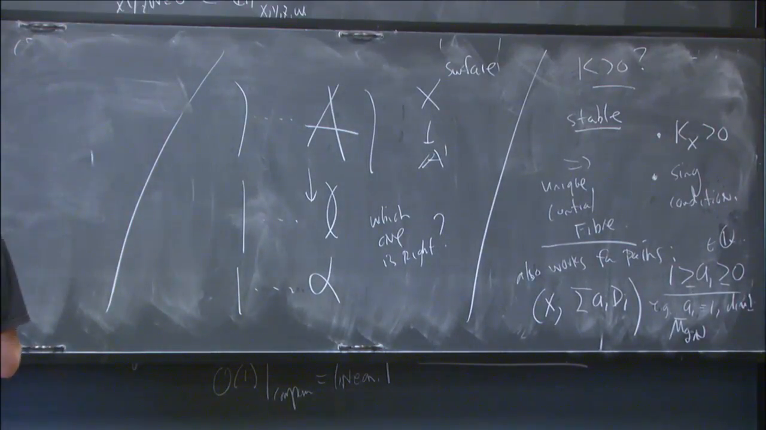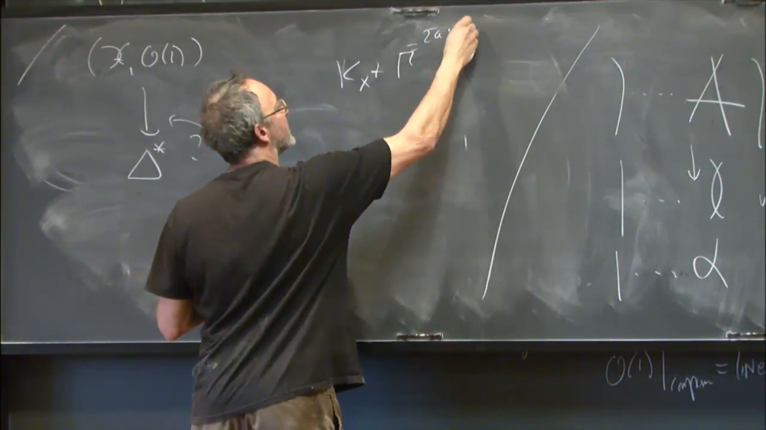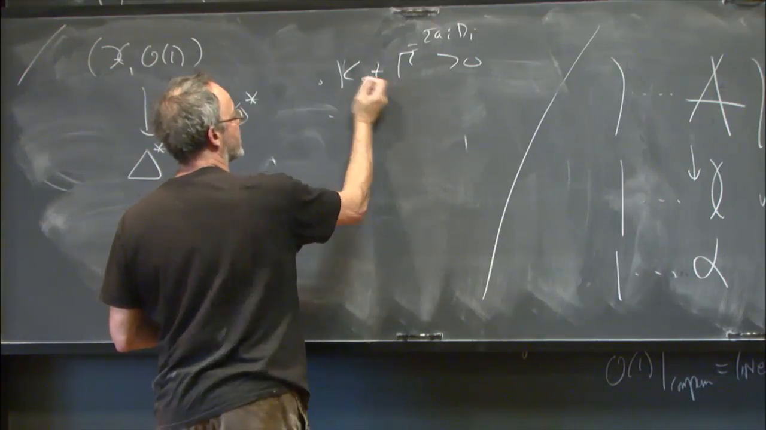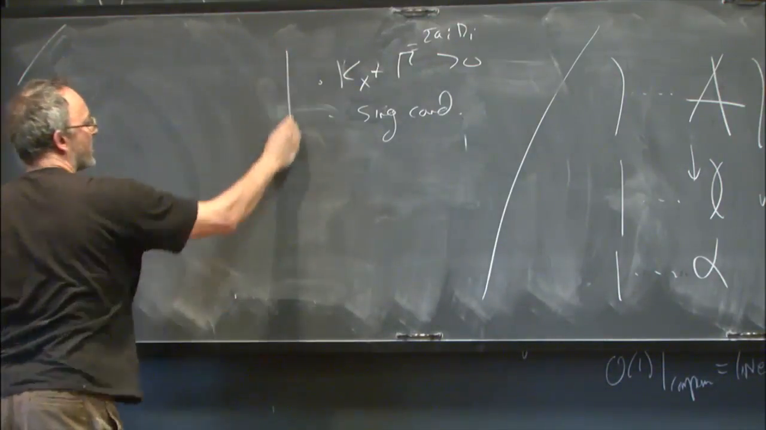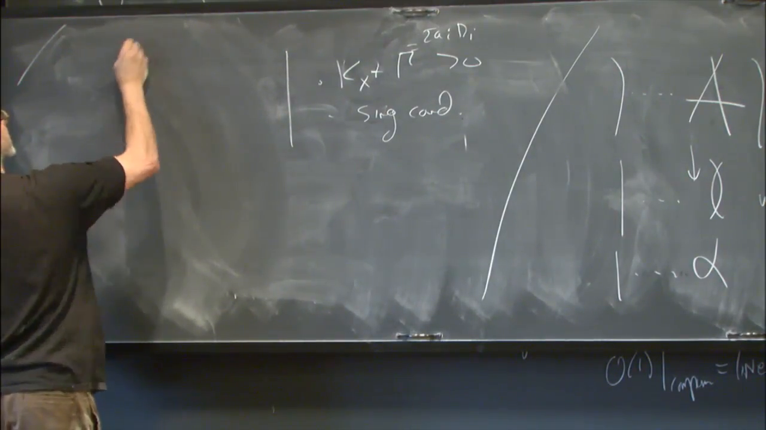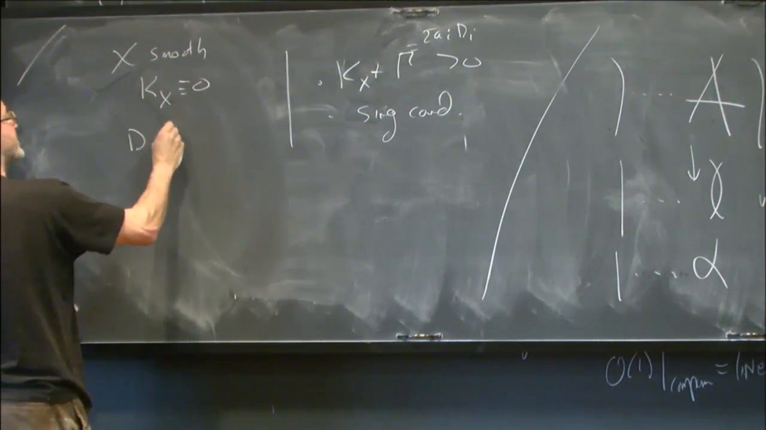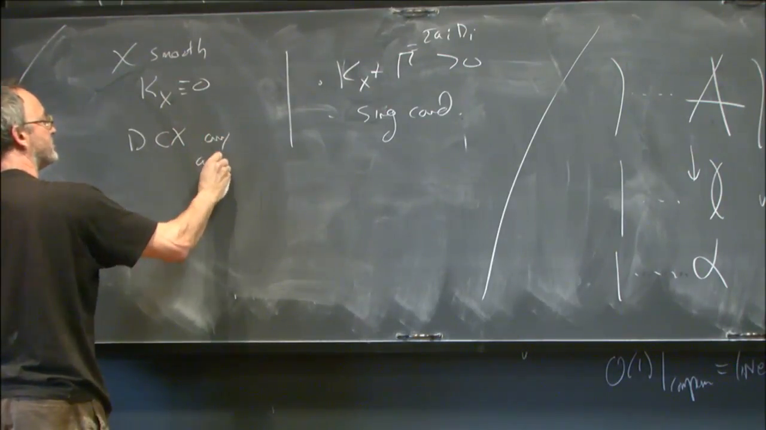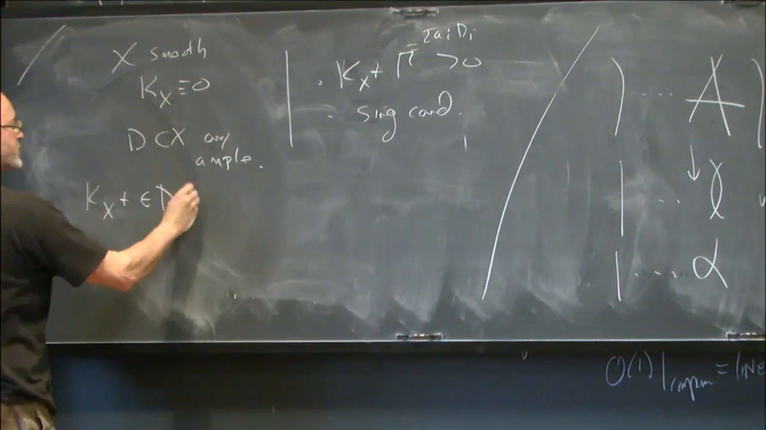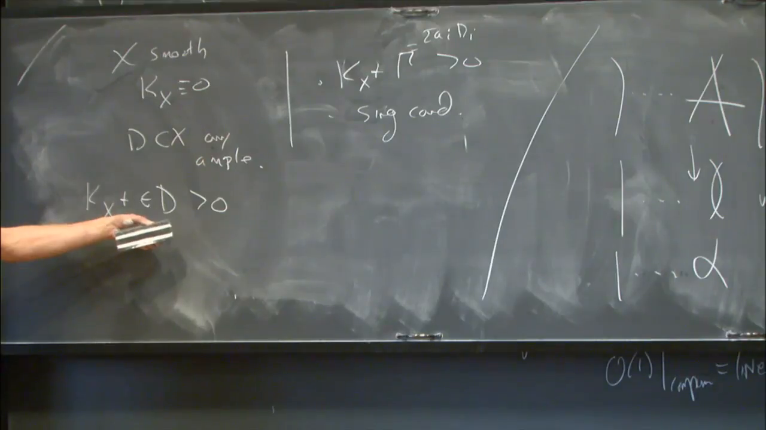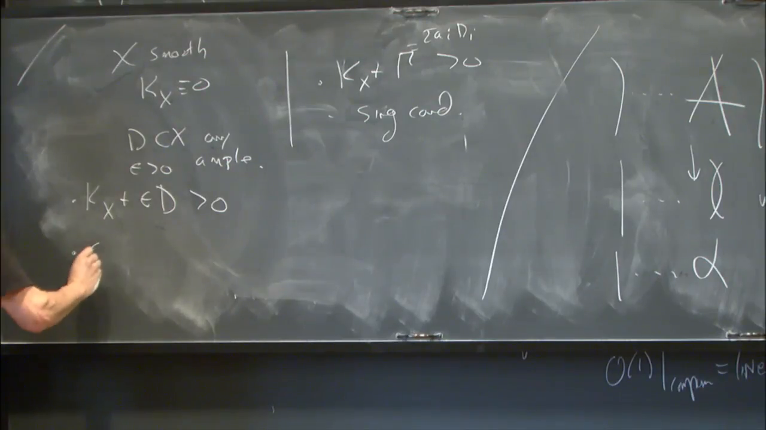So what does stable mean in this world? It means that K_X plus Gamma, that sum, is positive, and then there's the singularity condition. But now, without knowing much about this, here's what you can observe. Suppose that X is smooth, and that K_X is trivial, and D in X is any ample positive divisor. Then I can look at K_X plus epsilon D. That will certainly be positive, because K_X is 0 and epsilon is positive. And when epsilon is sufficiently small,